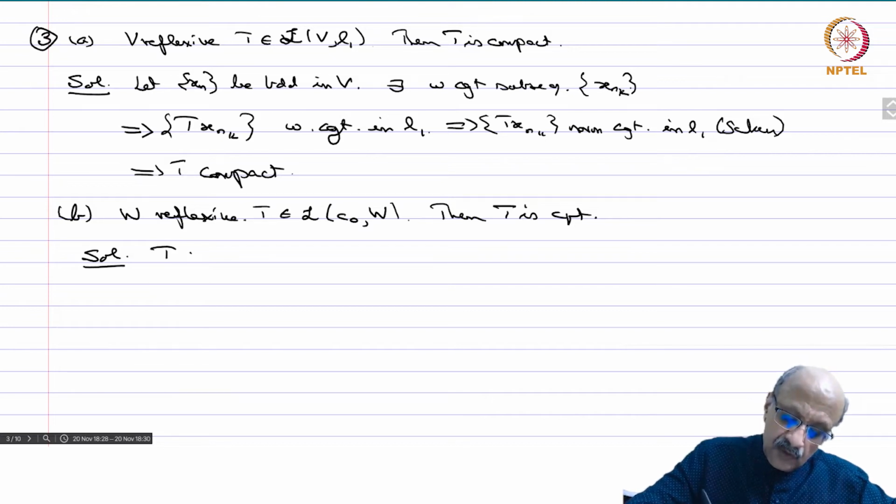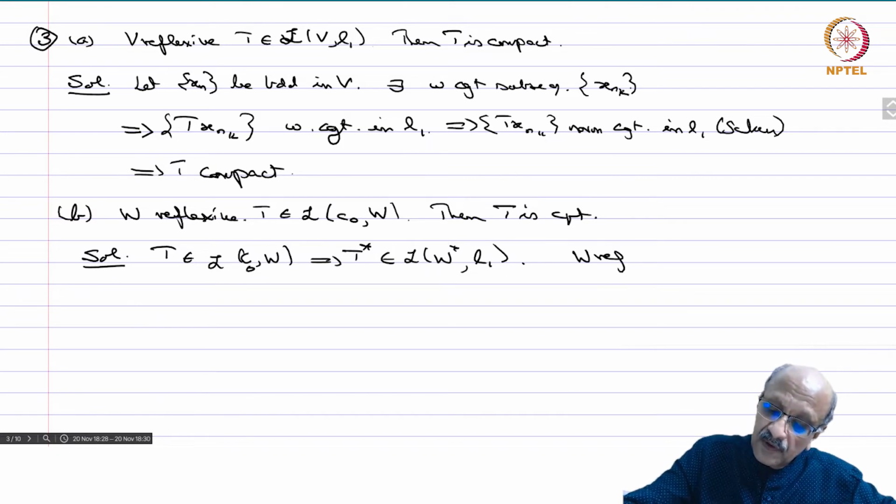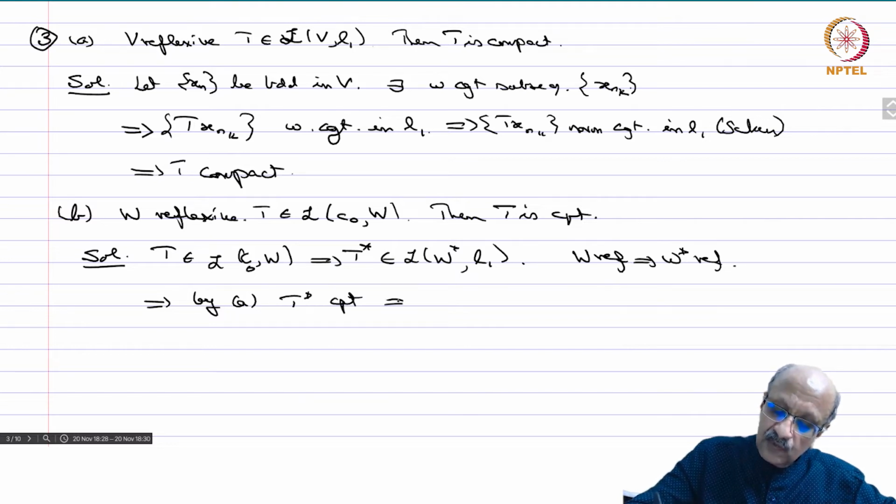T belongs to L(c0,W), so this implies that T star belongs to L(W star, c0 star). c0 star is L1, okay, and W reflexive implies W star is reflexive, and therefore by A, T star is compact, and then we know that this implies that T is compact. Okay, so